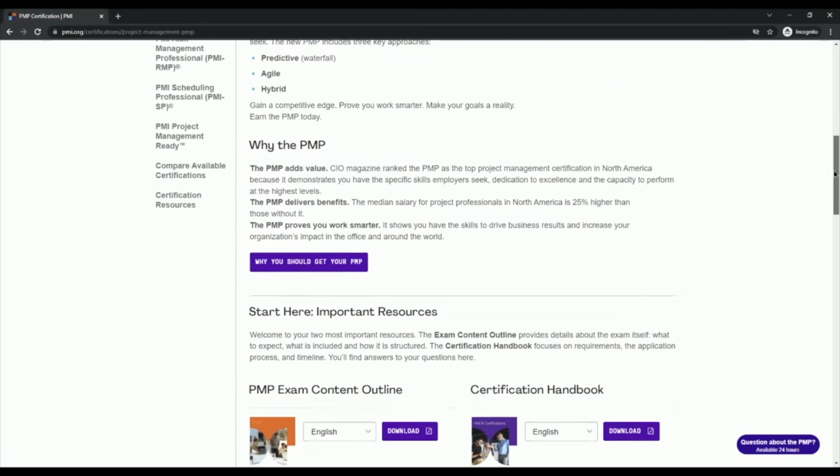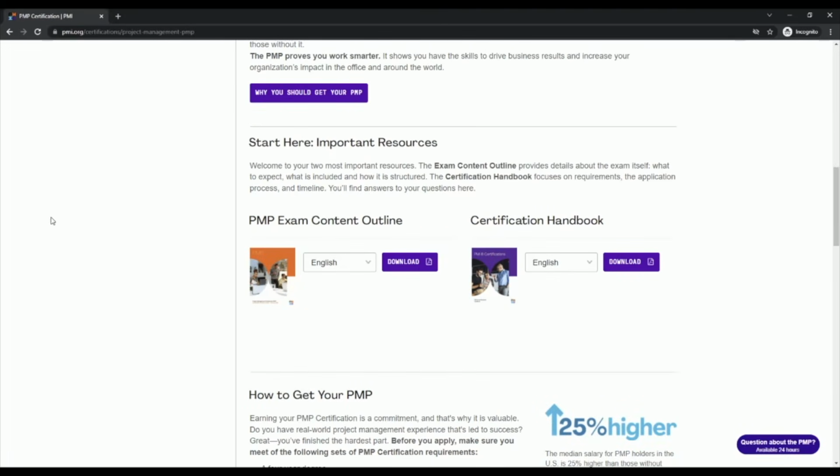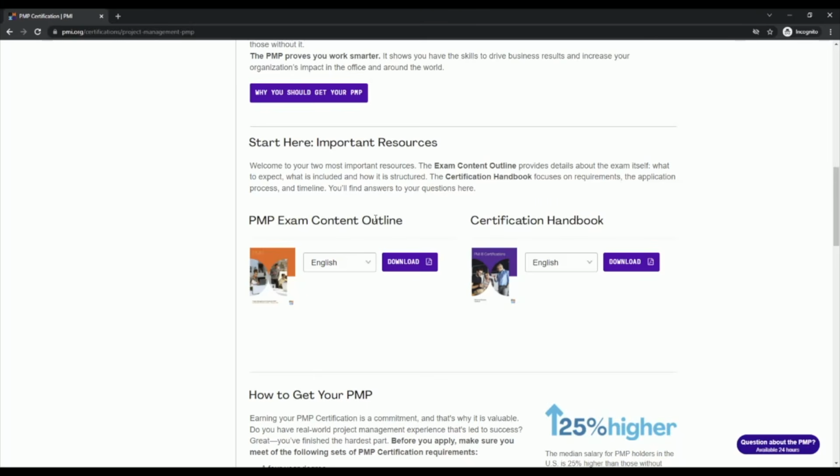So as you continue to scroll down, you'll see that the 2 most important resources that you should download immediately are the PMP Exam Content Outline and the Certification Handbook. Now I encourage you to download, read, and familiarize yourself with both of these documents, because this will give you an idea of what topics are covered on your actual exam and what the entire process is for submitting your